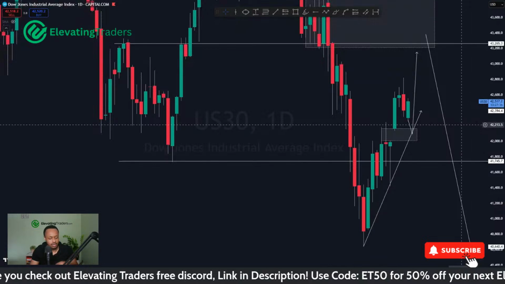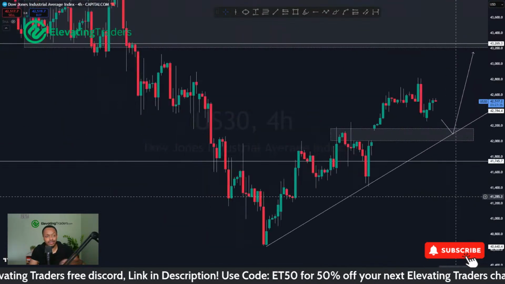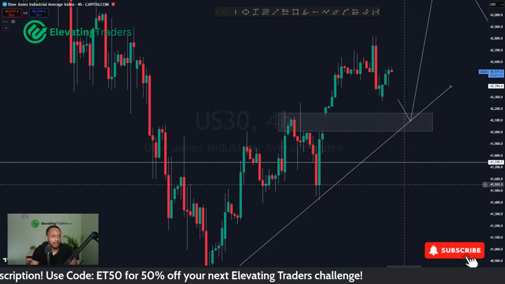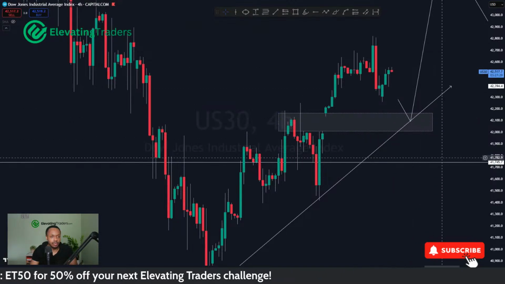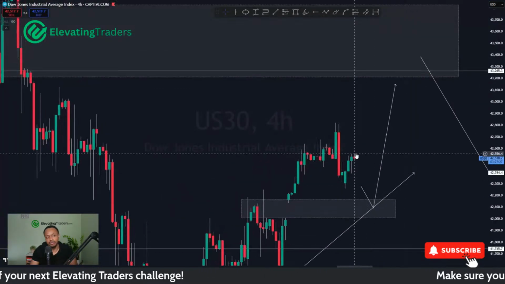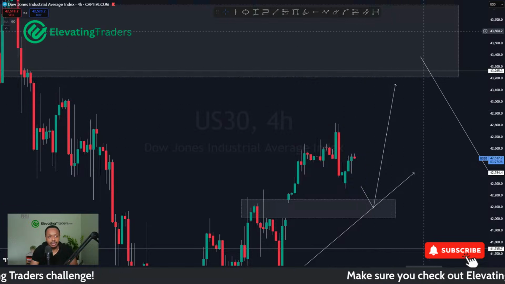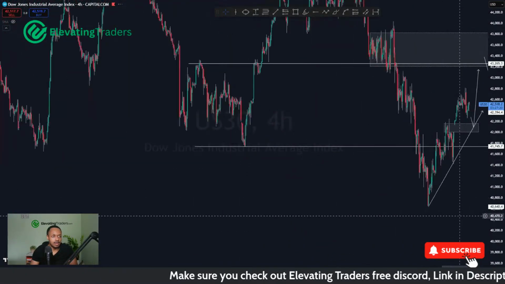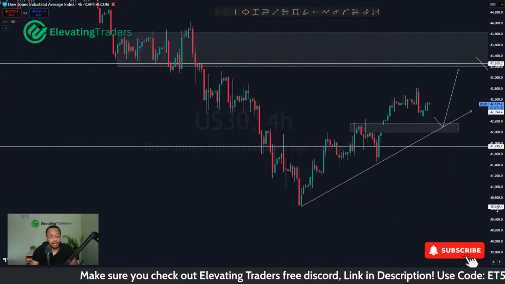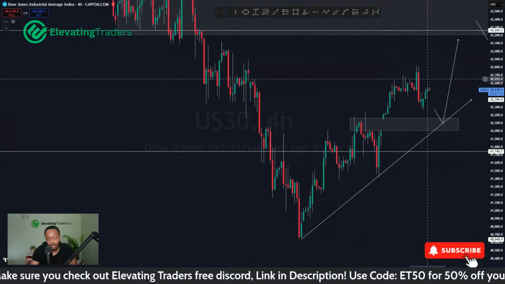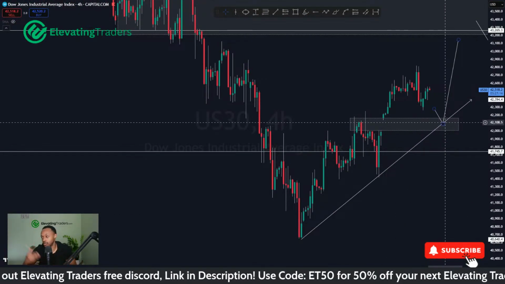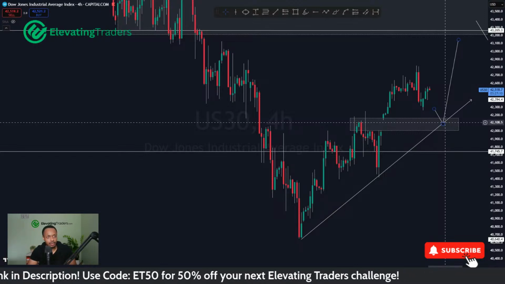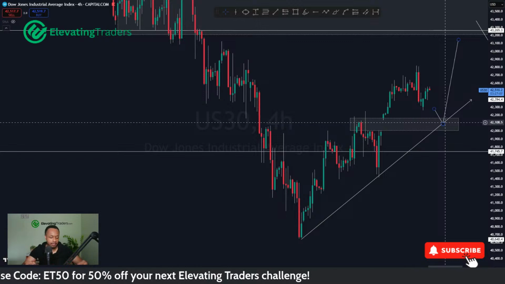At the moment, I think there's still some solid support below us, and that looks like a nice buy actually. So yeah, I'll wait for a push down. Buys around 42,100 look good. If we don't push down and we just keep pushing, then yeah, sells around there would be my best bet. But yeah, for now, I do think there's some upside. There's a gap here which price could look to go fill, and then use that as support to potentially spring to the upside as well. So I do like the upside opportunity there for US 30.